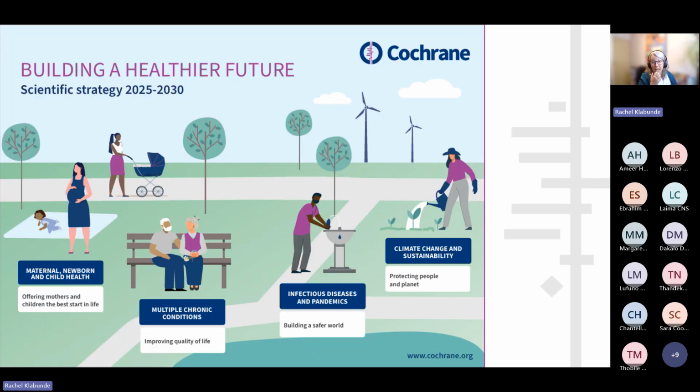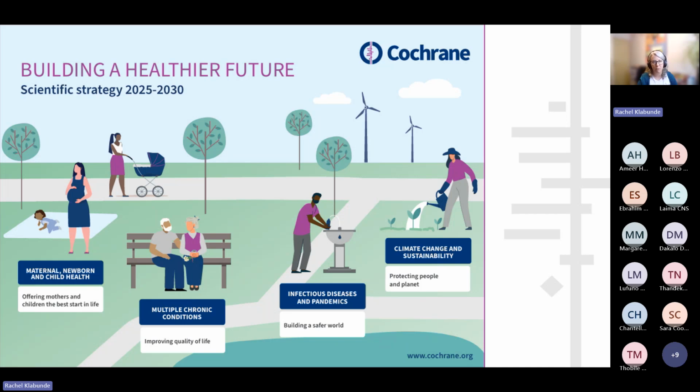So to the point that I mentioned of making future reviews relevant for stakeholders, Cochrane really appreciates review proposals that address research priorities that have been named in our scientific strategy, which is kind of the poster version of that, available here on this slide, building a healthier future. So the 4 main research priorities that we've identified as being really vital for the future in global health,